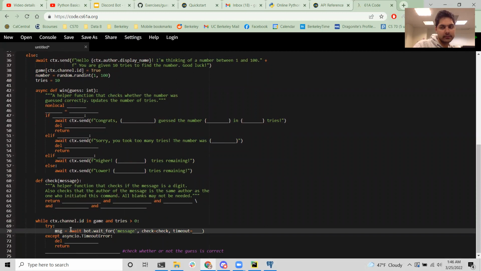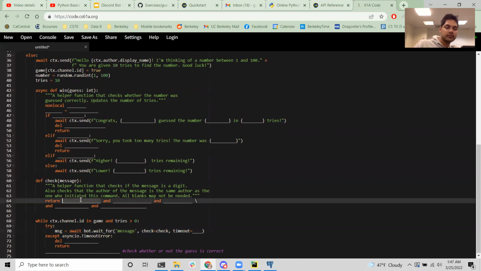Okay, the problem is that when we play a guessing game, there might be some random messages, like there might be a conversation going amidst the guessing game chaos. So we need to filter out what is not a valid guess. And when the game is in session, we only want the author who triggered the game to be the one playing and guessing.